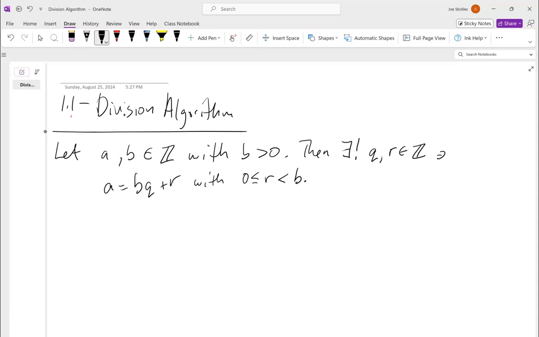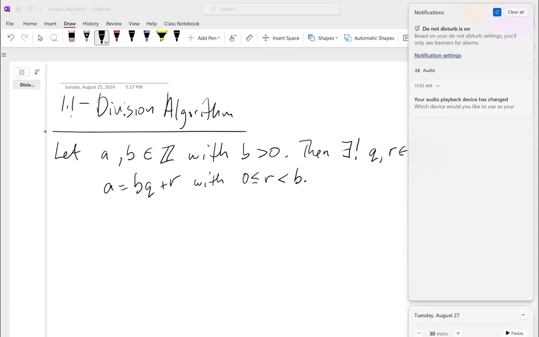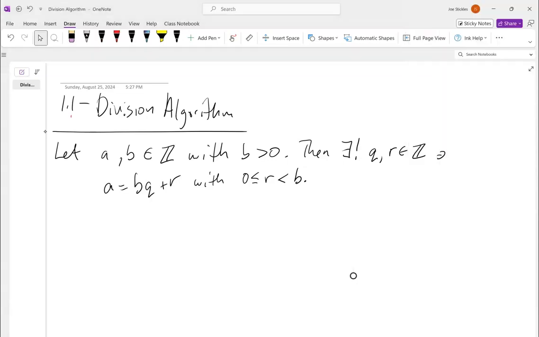I thought I marked one that I wanted to actually do. I was going through this the other night. I keep thinking I pick out problems to do, and then all of a sudden it's not in my book anymore. Anyway, let's look at